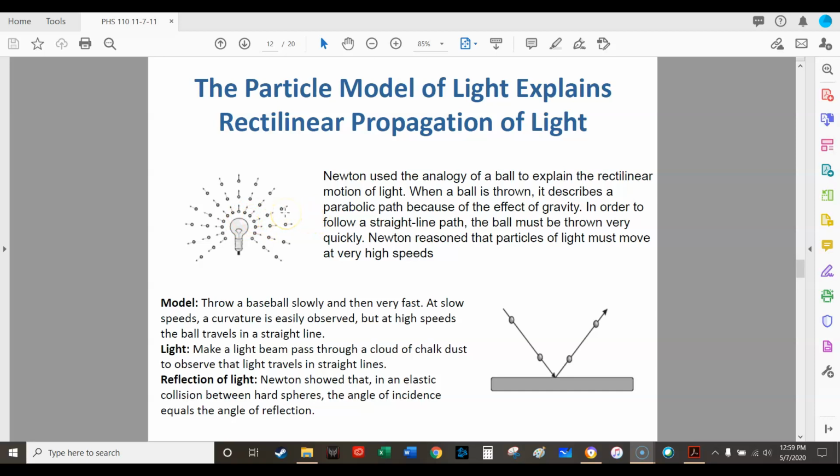It took no parabolic path, because it was going really, really fast, and they wouldn't bend due to gravity, right? So he kind of reasoned that these little balls of light were moving at very high speeds in all directions,